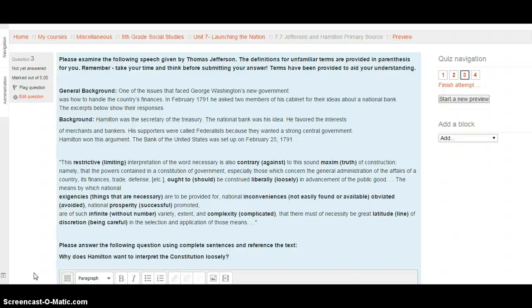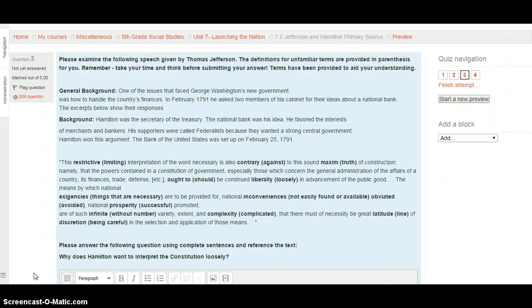So remember, Hamilton is our Secretary of Treasury. It was his idea to have a bank. He wins this argument. Here's what he said. This restrictive or limiting interpretation of the word necessary is also contrary or against to this sound maxim, truth, of construction. Namely, that the powers contained in a constitution of government, especially those which concern the general administration of the affairs of a country, its finances, trade, defense, etc., ought to, or should, be construed liberally, or loosely, in advancement